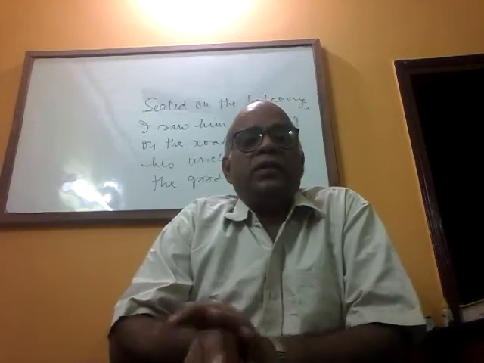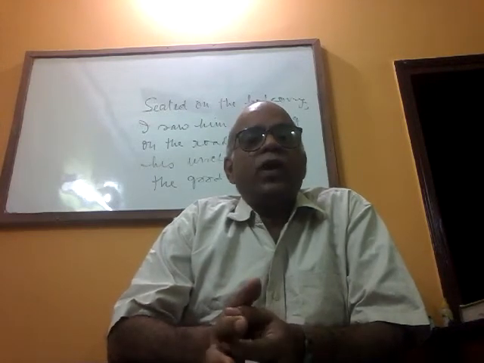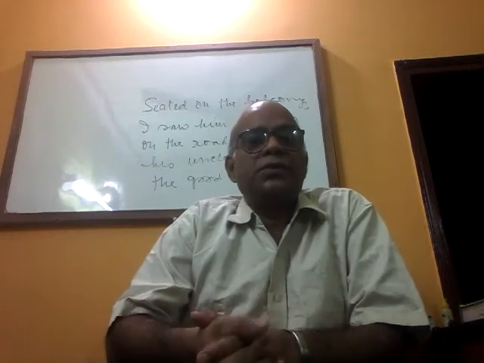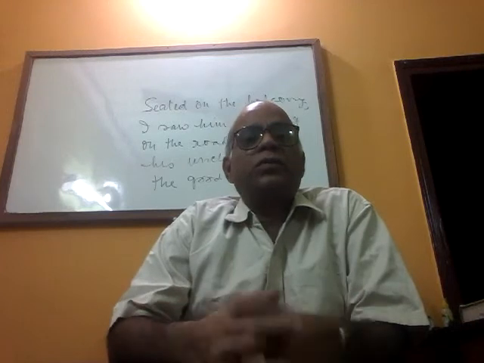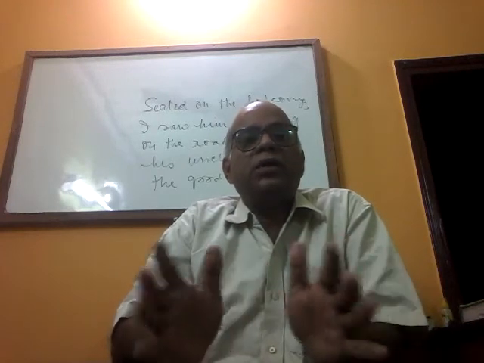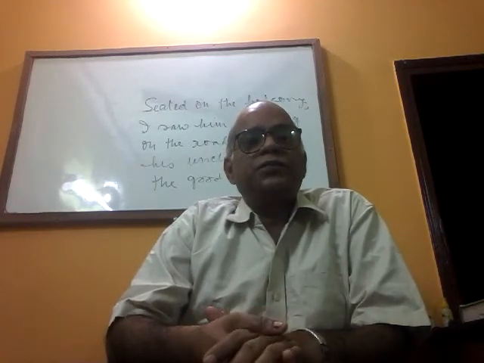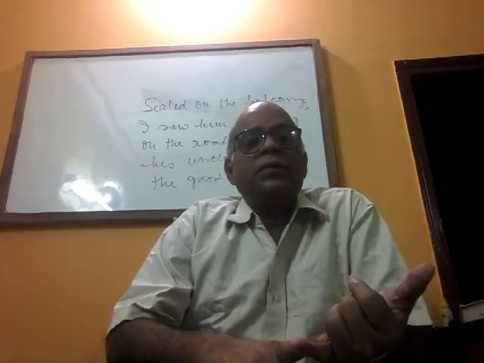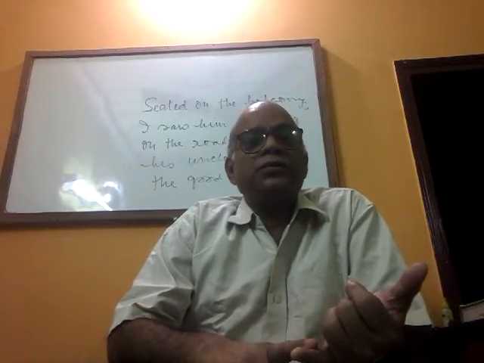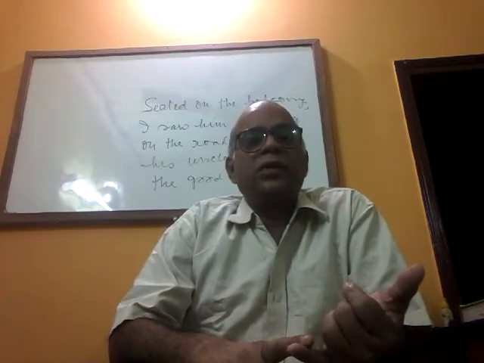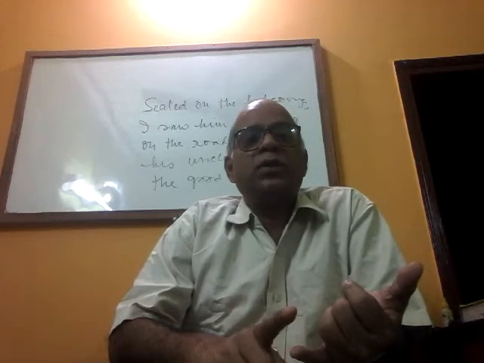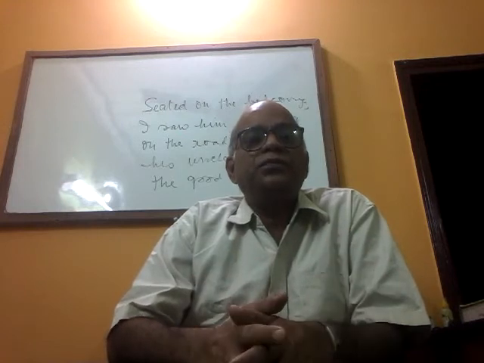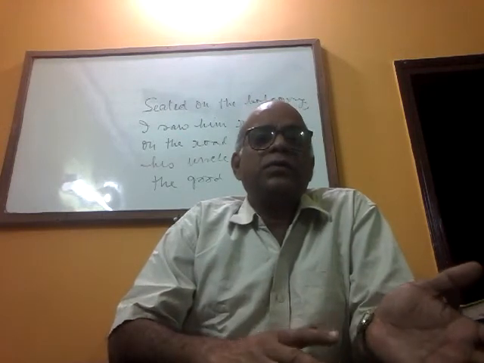So there are 26 letters in the English alphabet, and these letters can be broadly divided into three categories. For the convenience of our progress, let us divide them into three categories. First one is regular vowels, then regular consonants, and the semis. The semis, I won't call them semi-vowels or semi-consonants, I will just call them the semis, because semi means half, you know. Sometimes they are consonants, sometimes they are vowels.